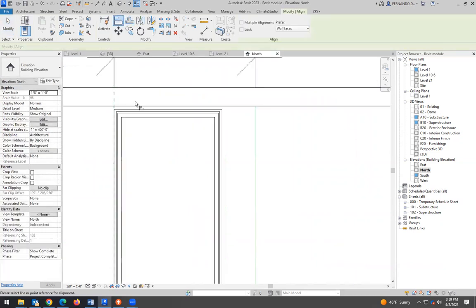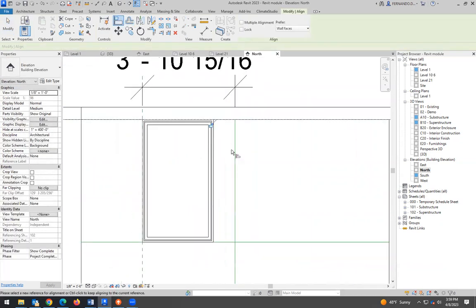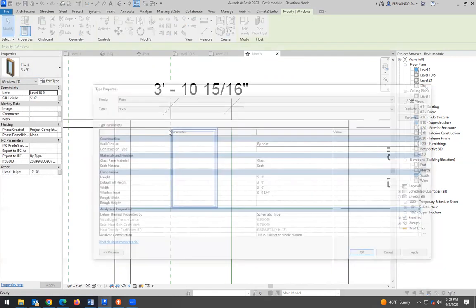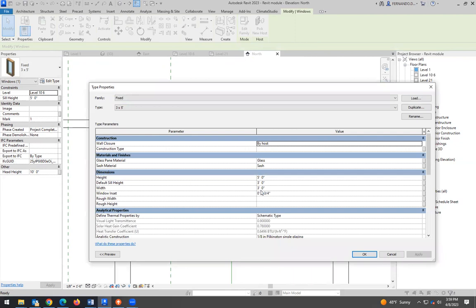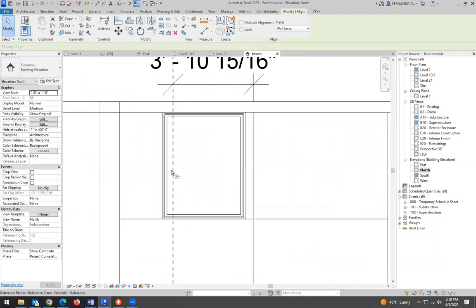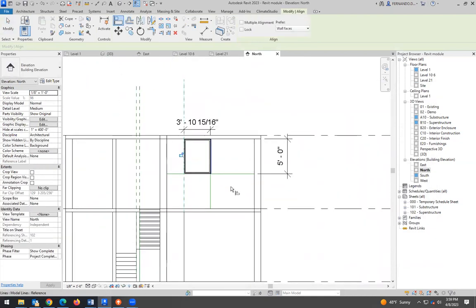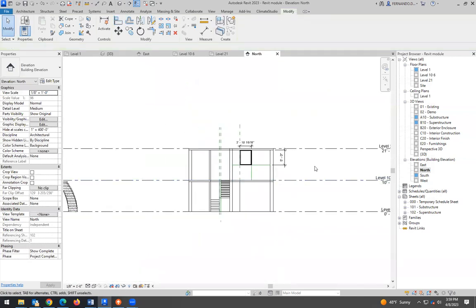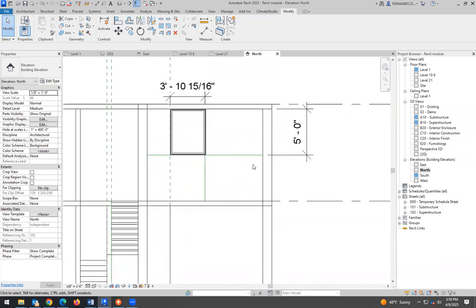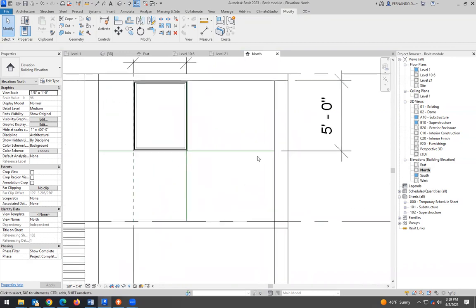Now line up. Oh, this is 3, 10. So this is almost 4 feet. So I'm going to edit type, and the width is 4. So that's the opening. And if I want to create here another window,